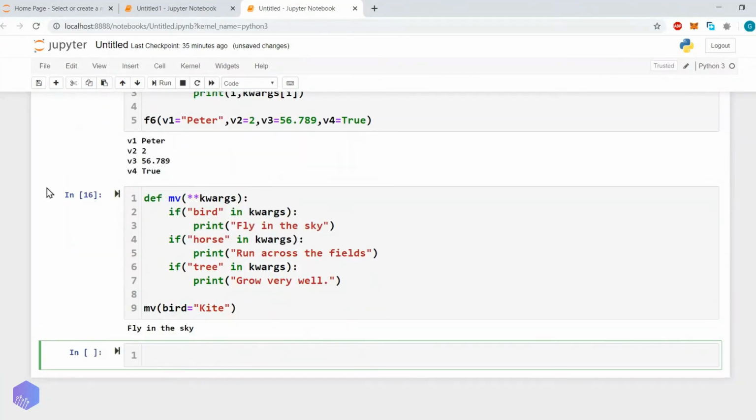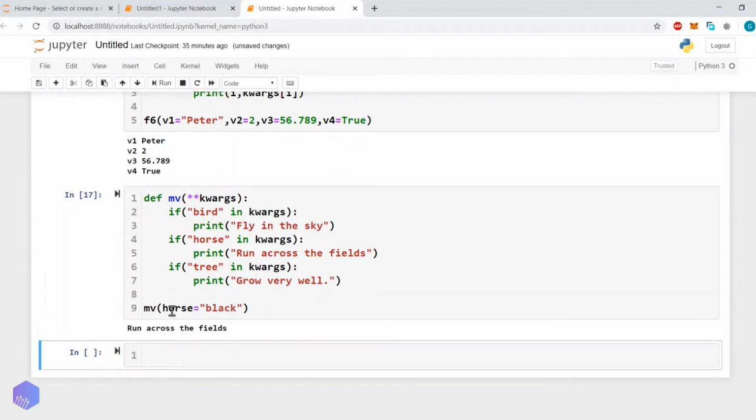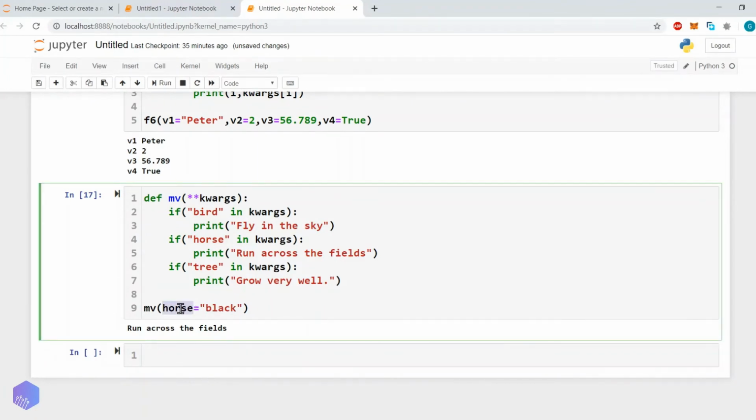Yes, fly in the sky. Let's say horse, black, run across the field. Tree, let's specify almond,